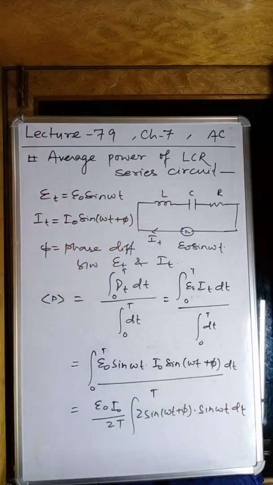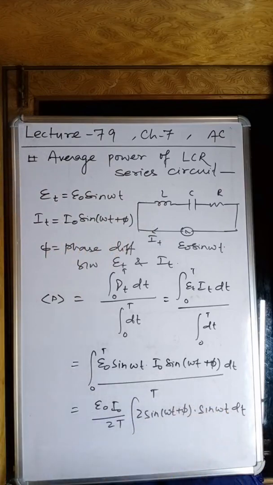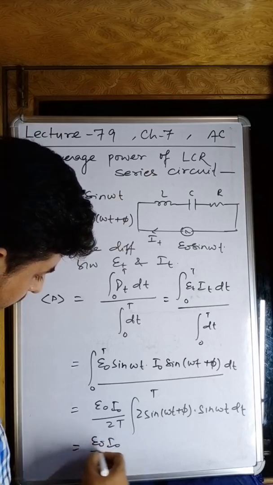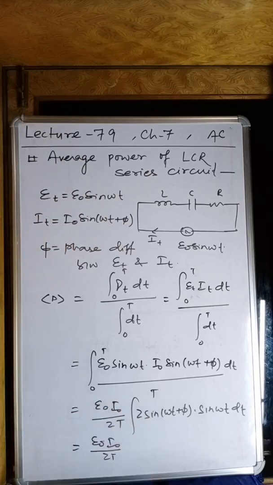Can you write, my dear students? Yes. Then it is 2 sine A into sine B, and we'll apply the formula. It is E naught I naught over 2T, and for this one we are going to apply the formula,